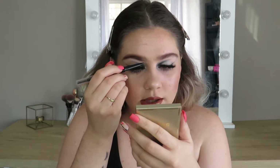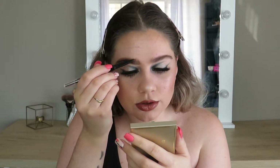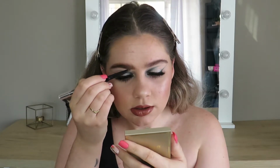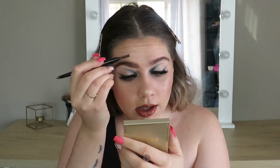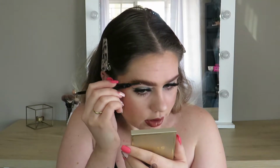And then I'll take the spoolie, and then I will brush it through. It's kind of like a blending motion, because that's how I get the fluffy effect, is just having a little bit of coloring in, a little bit of pigment, and then I'll take the tip of the pencil, and I'll do little brush strokes upwards, just so that these brow hairs also get coated. And then again I'll go through with a spoolie on the end of it and just blend everything in. And then I will just brush all the brow hairs through,